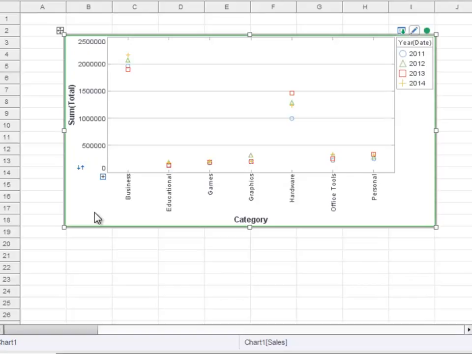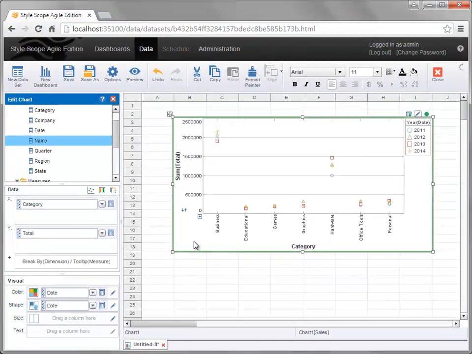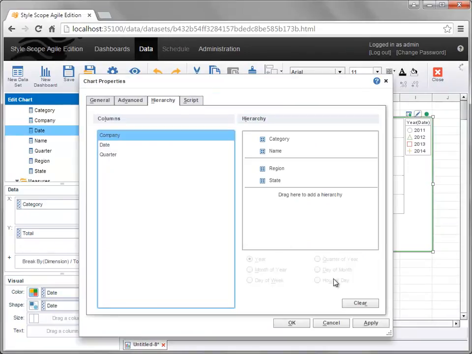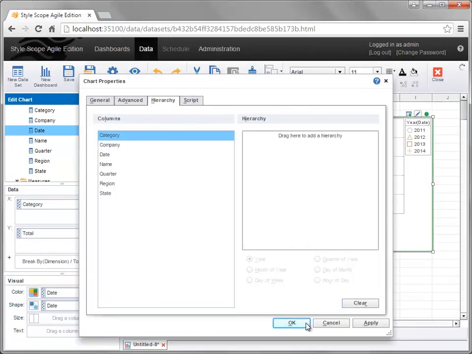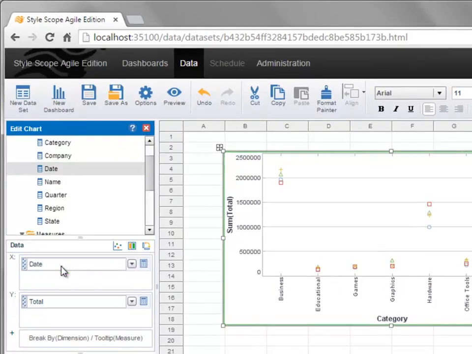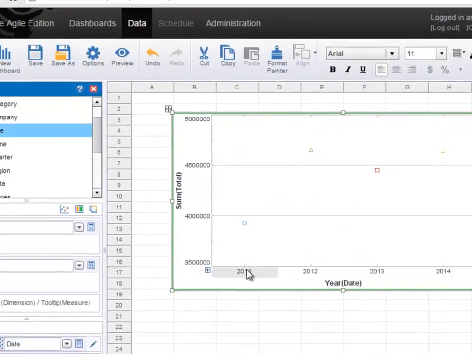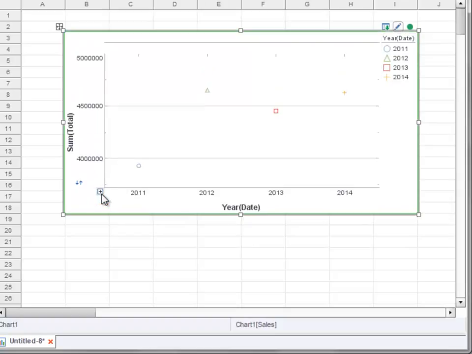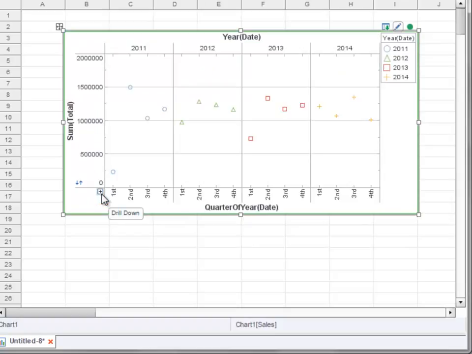Similar hierarchical grouping is available for dates. First, let's clear the existing hierarchy. And then let's place the date field on the x-axis. Note that when you move the mouse over the dates on the x-axis, there is a drill down button present. This drill down button is provided automatically for dates and allows you to drill down to different levels of date